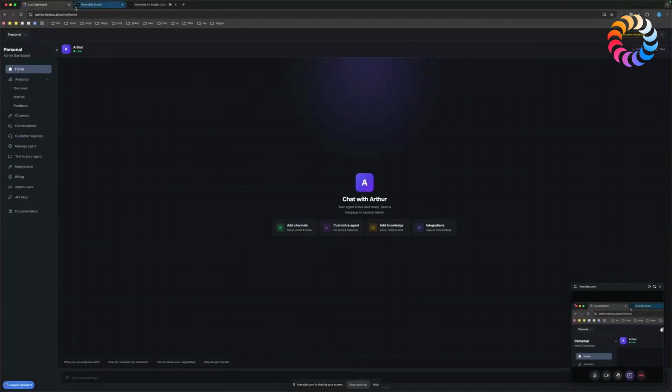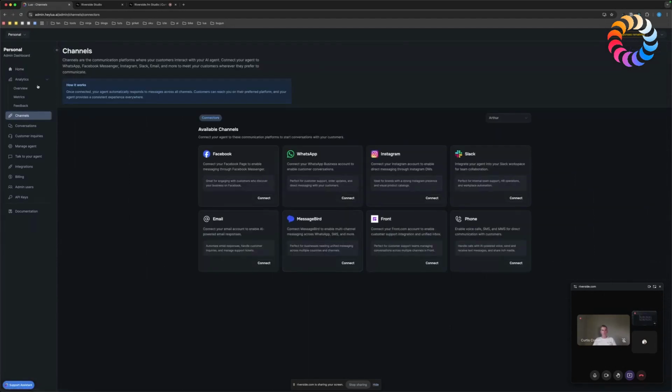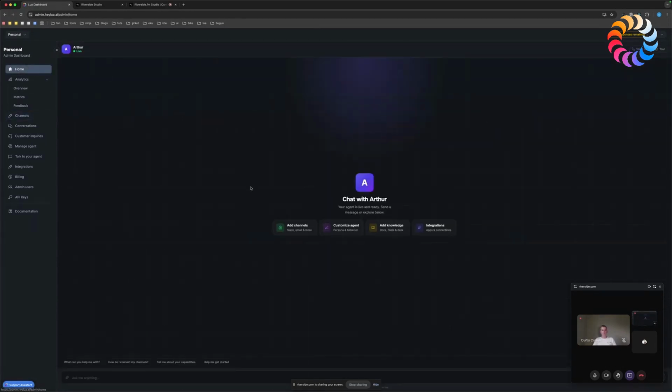Yep. So this is the new admin dashboard homepage where we can chat with our agents. We can chat with our agent here. We can see it in action. We also have a couple of common quick actions here, such as adding channels, customizing agents, and adding knowledge and integrations. These buttons take you to the relevant pages where you can perform these actions